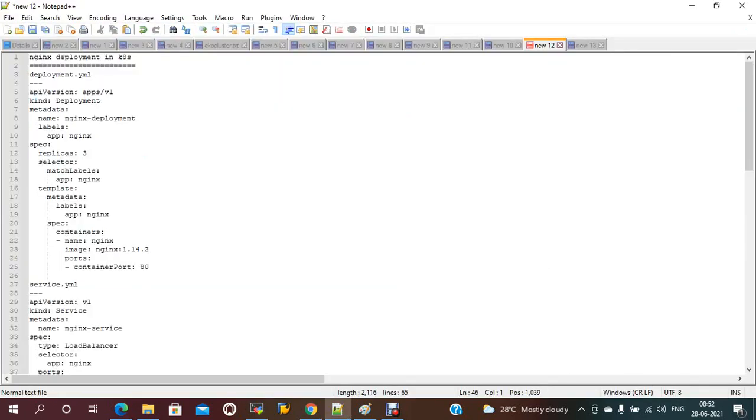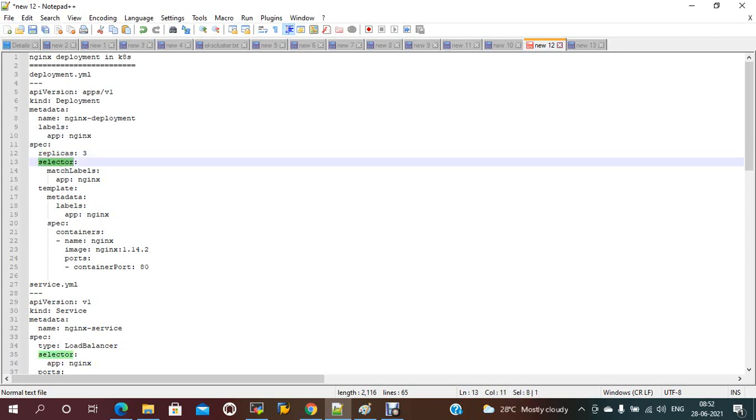So this is the sample deployment. This is the apiVersion provided by Kubernetes, and the kind is Deployment. This is the metadata: the name of your deployment, and labels. It is a unique name to specify your deployment. Then the spec. In the spec we have to provide replicas, so how many pods need to be maintained. It should be three pods.